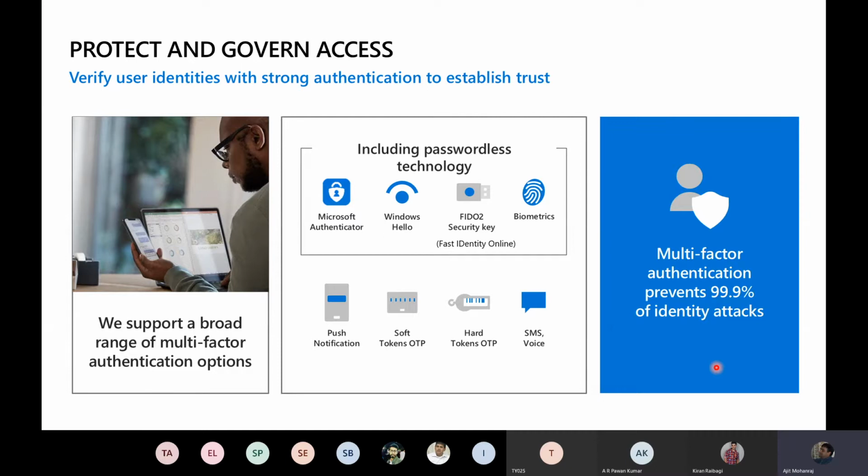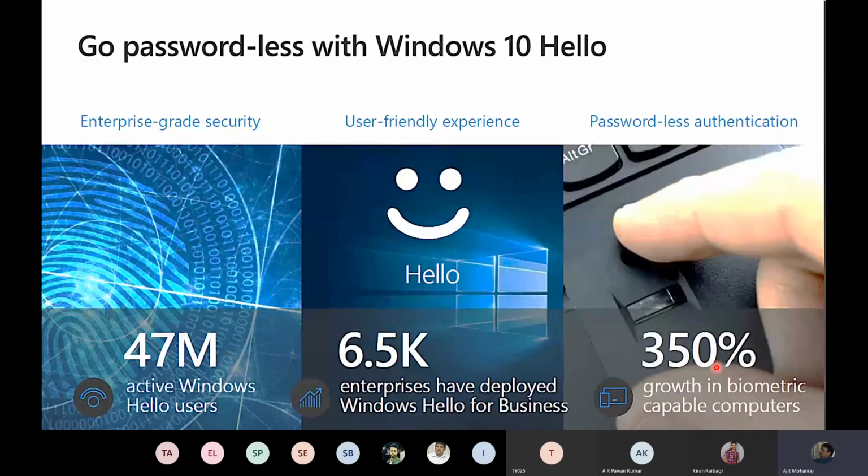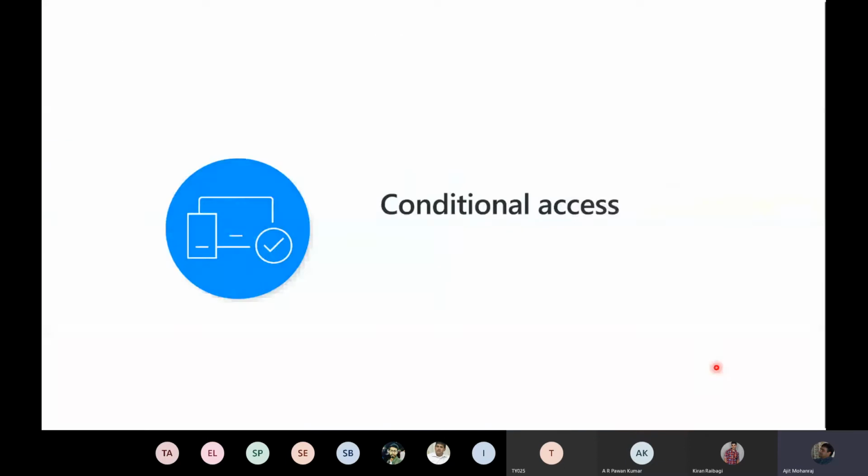Or biometric stuff, right? So the first step in the game is, from your Office 365, when you moved in, you want to bring in identity as a way to pivot around access. Make sure that the passwords you're currently using are at least being surrounded by multi-factor authentication, right? And there's been a huge adoption of this, because if you look at the passwordless side with Windows 10 Hello, great adoption. Biometrics is really picking up big time. And now you get these scanners on the laptops itself, so it makes things a lot easier.